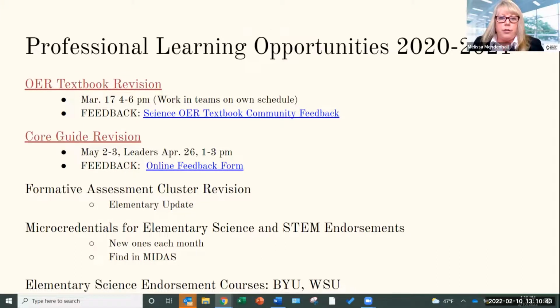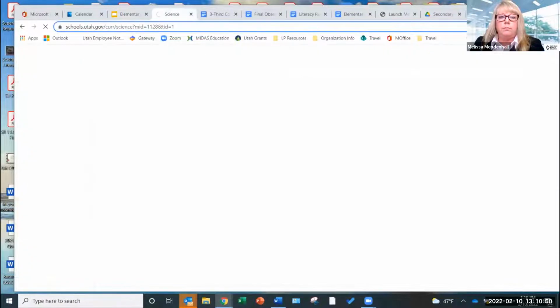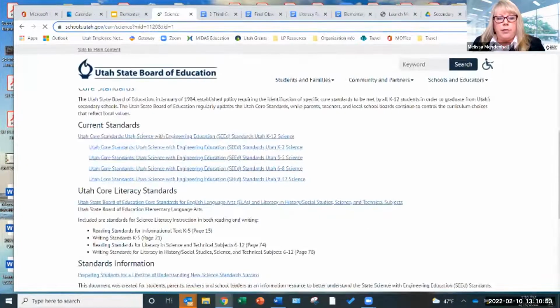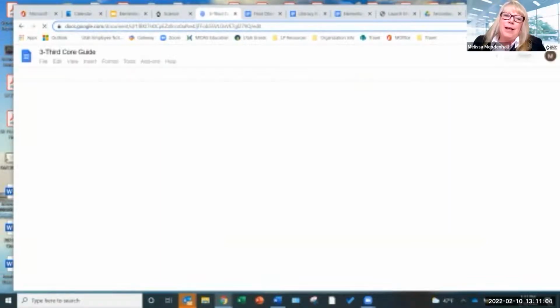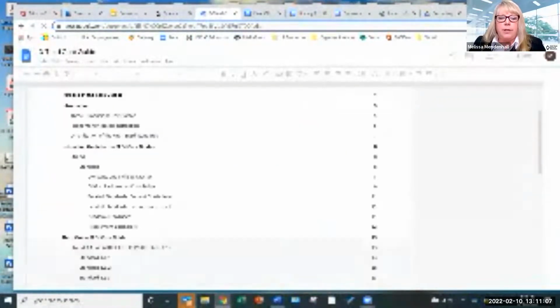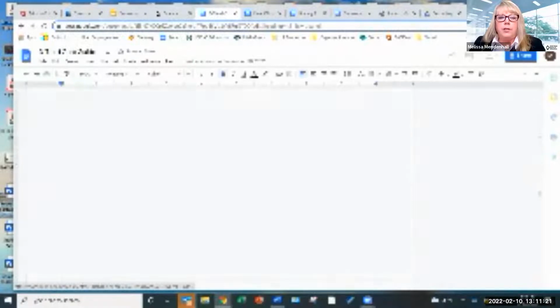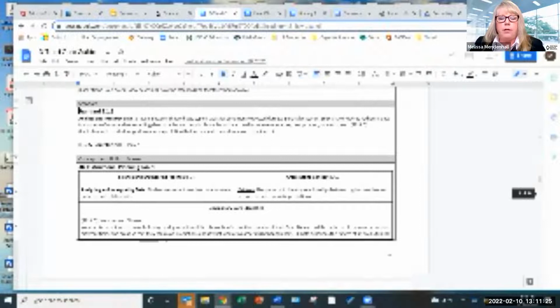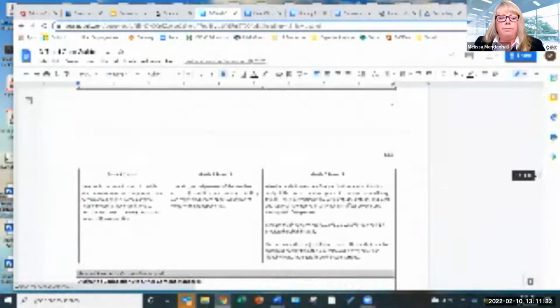Hang on, I'm going to take you out and show you just a second. When you go into a page and you see all the core guides, if you click on a core guide, like 3rd grade, that's there. Where you will find all of the assessment clusters. So pick a standard. It's just being slow. Oh, there we go. And that should take you to that standard. So here we have 3rd grade, strand 1, standard 1. We scroll down in that standard to the section on